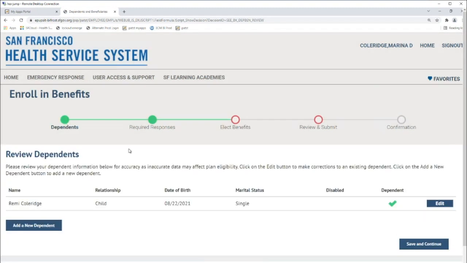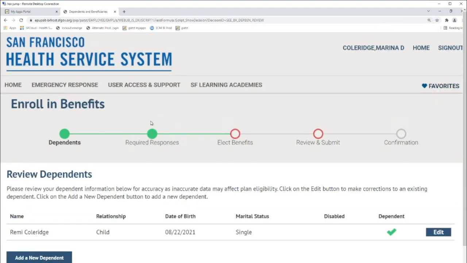But up here, right under where it says enroll in benefits, these little circles up top here are my breadcrumbs. And they give me a visual indicator of where I am in the process. And my first two are in green because I've already been in here. But for you and your very first time coming into this, none of these will be colored yet. And as you step through the screens, they'll change color for you so you know where you are. The first page that we get to is where we are